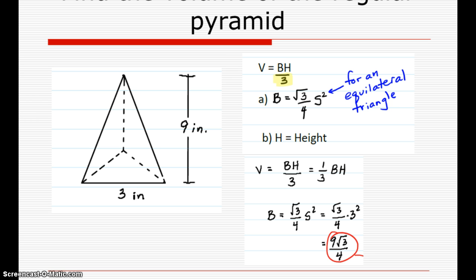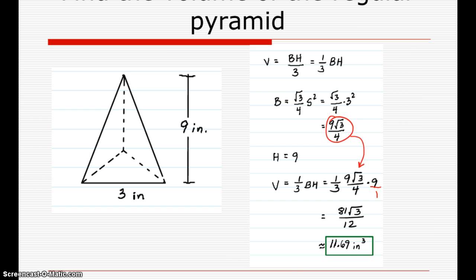So be careful. Either you need to use parentheses around the 9 and the square root of 3, or you need to force your calculator to do it step by step so that it knows what you want to do. And you're going to get this big long decimal in your calculator, which you are going to leave in your calculator. Okay? Do not do any intermediate rounding. Or you can just simply leave it as 9 square root 3 over 4 and substitute it back into the